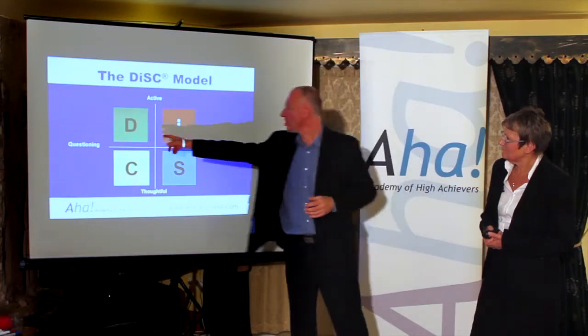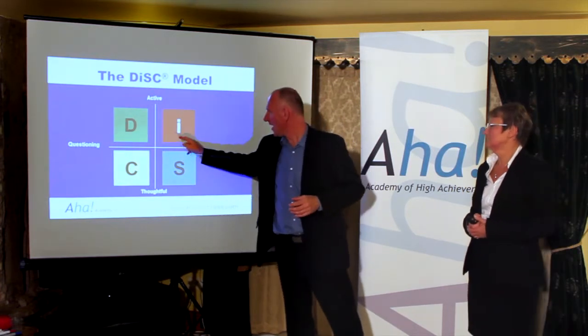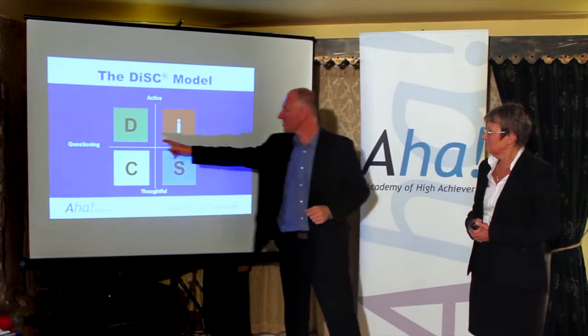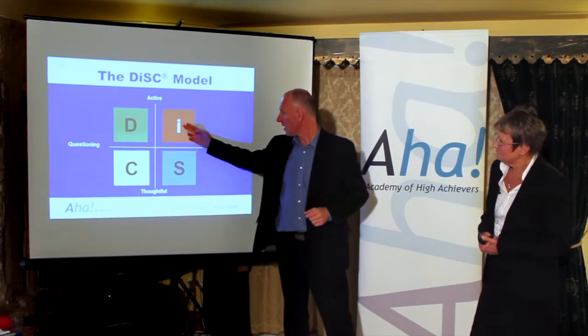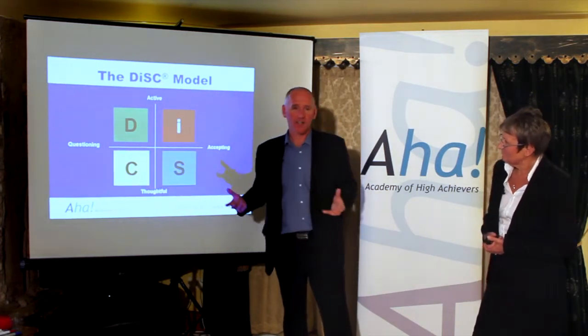What we've noticed, and certainly what the research absolutely validates, is that those people who are in adjacent quadrants, so D and I, D and C as an example of adjacent quadrants, they tend to have a lot more in common than those that are diagonally opposite. So a D style and an S style are diagonally opposite, an I style and a C style are diagonally opposite. So they've got less in common, and there is potential there for perceptions to get in the way of really effective connection. So let's just have a look at one of those diagonals, say the D and the S.